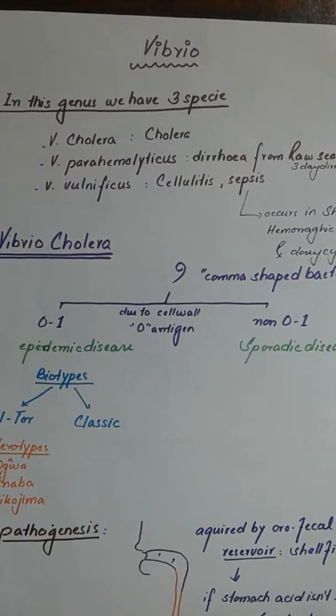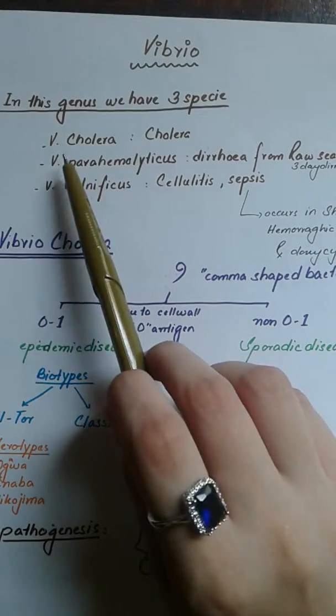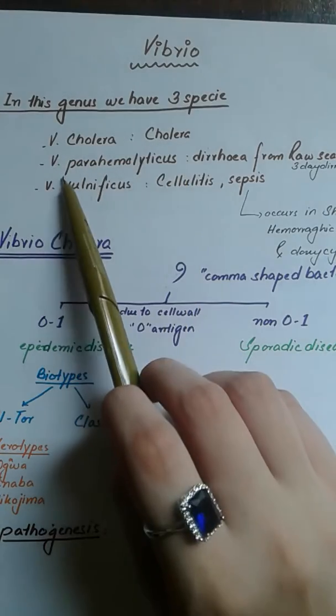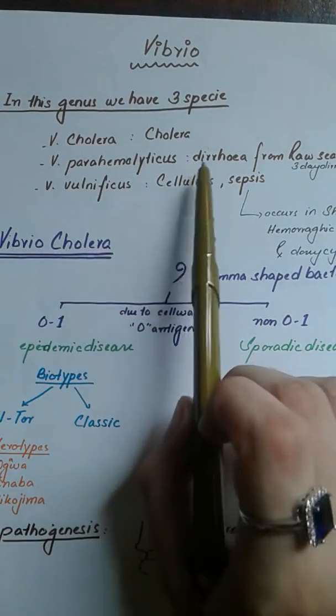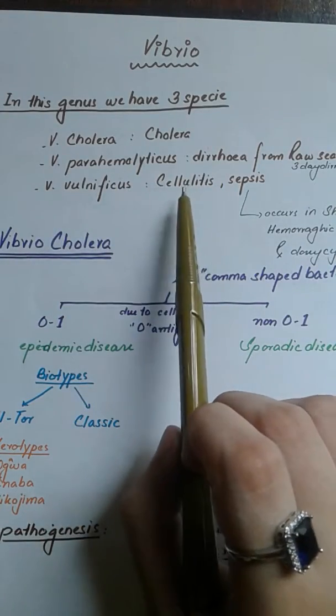Vibrio, one of the gram-negative rods. Now, this type of organism is acquired from an external source, meaning it is present in the environment and can affect your gastrointestinal tract. This genus consists of three species. The first one is Vibrio cholerae, which causes cholera; Vibrio parahaemolyticus, which causes diarrhea; and Vibrio vulnificus, which causes